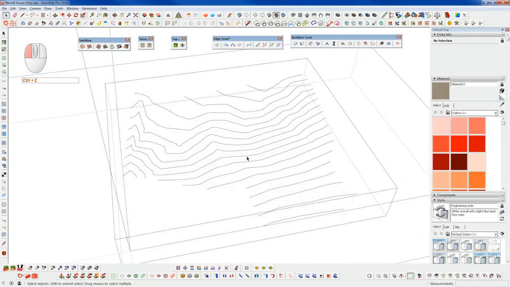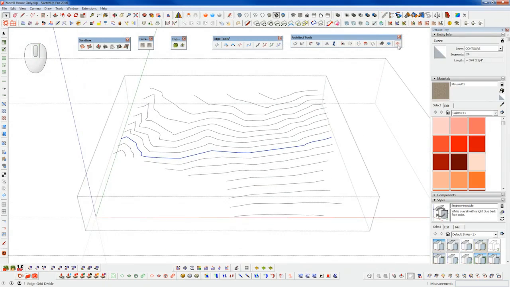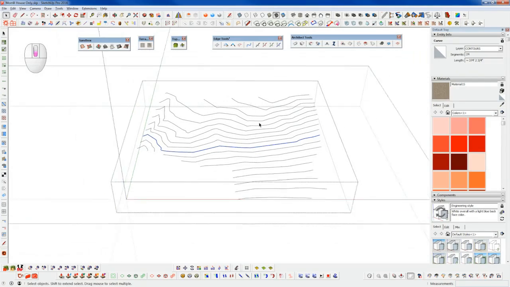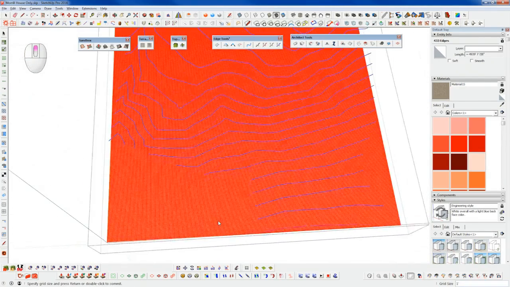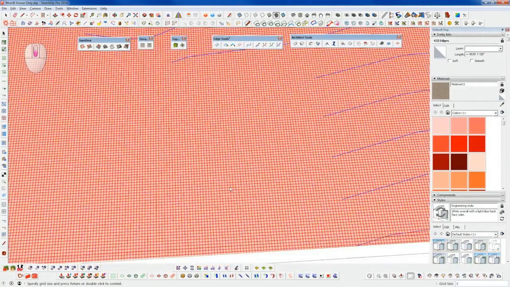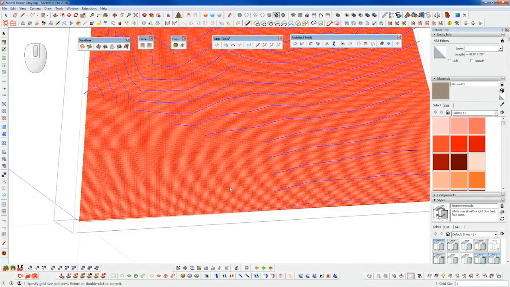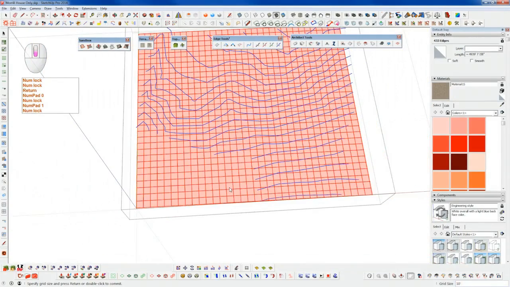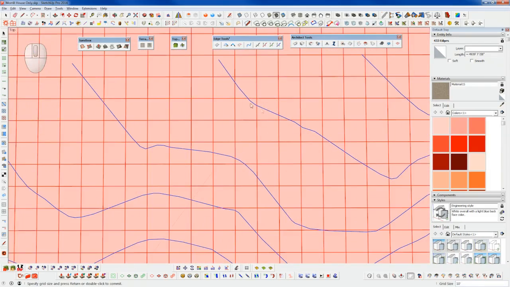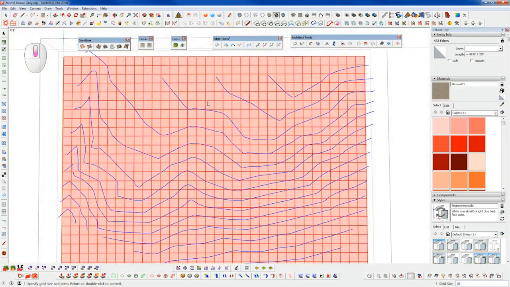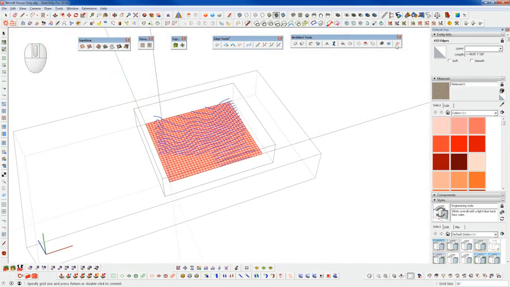There's another option here that works well with certain contour lines, and this is the edge grid divide. So if we select our contour lines and we run that, you see this is set to a 1-foot increment. So we can bump this up to maybe 10 feet. And what's going to happen is we're going to divide these contour lines everywhere that it intersects with one of these grid points. So if we go ahead and double click,